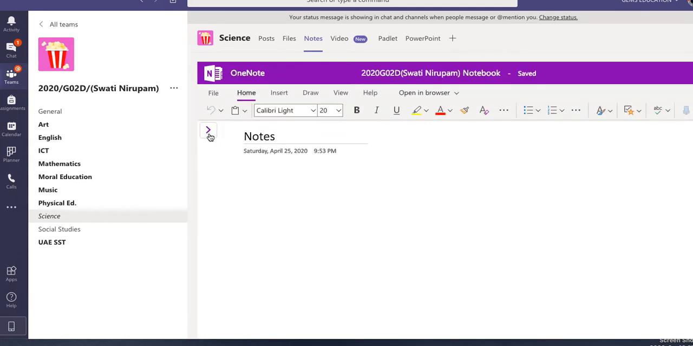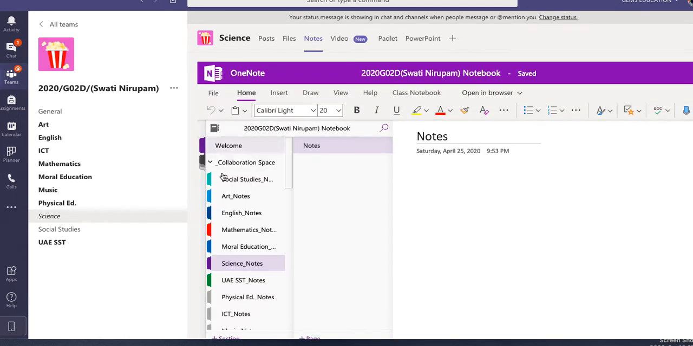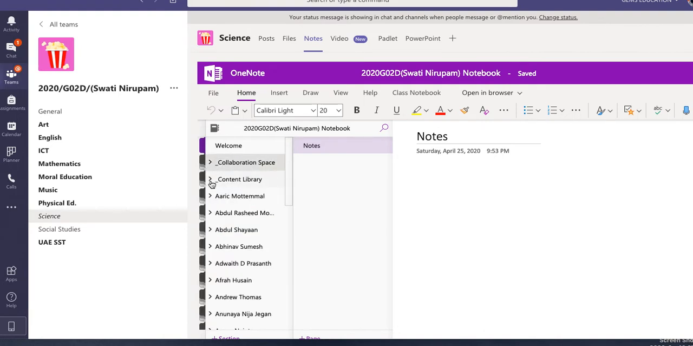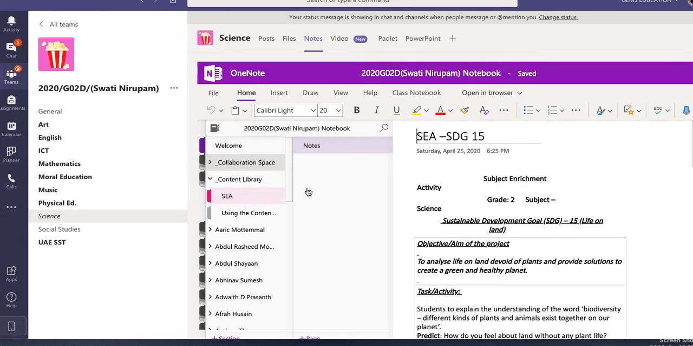They need to click on this arrow and this will bring up the collaboration space, content library and the dedicated student space. They need to click on the content library section. Under that, they will have a section called SEA. When they click on that, it will bring up the page SEA where the task will be assigned to the